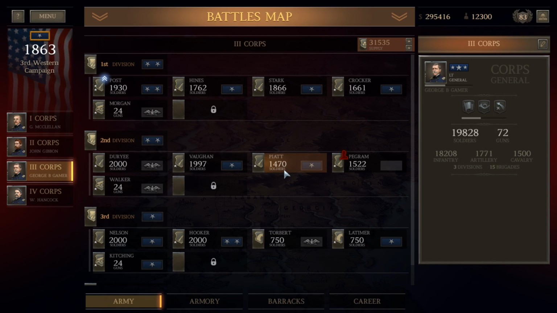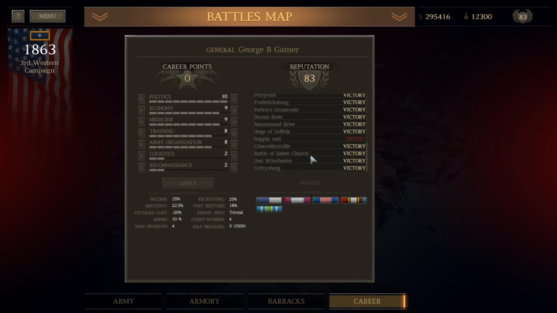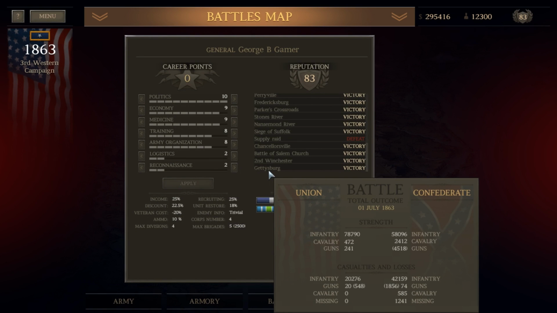We've just fought the granddaddy of them all, the Battle of Gettysburg, and we won that battle handsomely. Our army did suffer very heavy casualties there. You can see we lost over 20,000 infantry, but the enemy lost more than 40,000. Very bloody. Actually, those are pretty close to historically accurate Union casualties, in spite of the Confederate ones being substantially